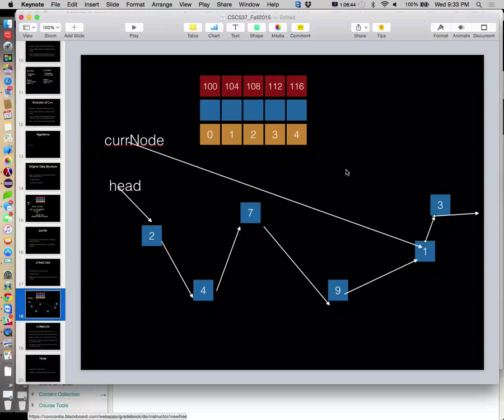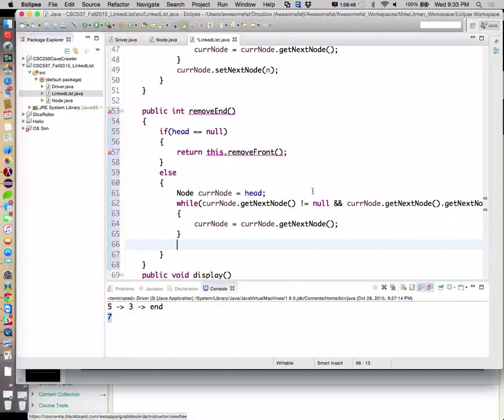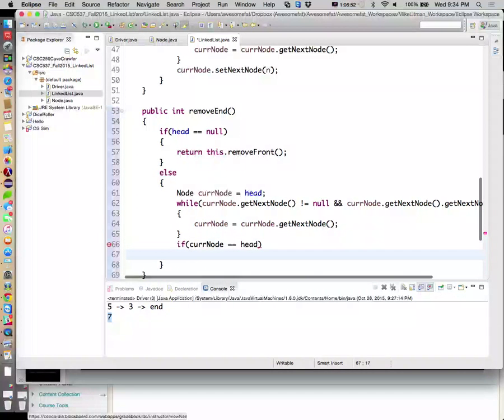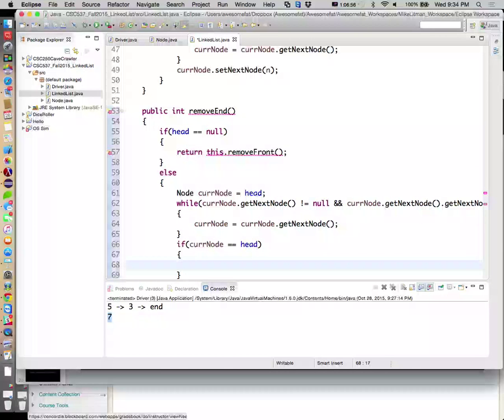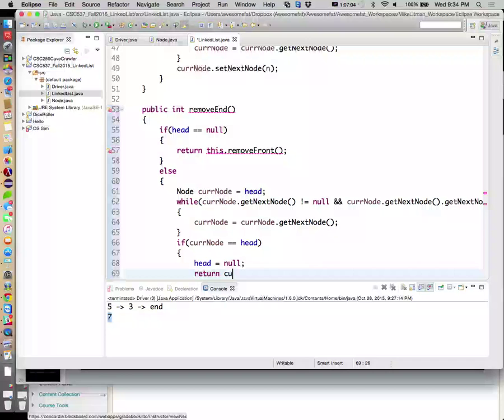So we'll ask the question here. We're going to say if Cur Node is equal to head. If they both point to the same place, then what are we going to do? We're going to say head is equal to null, and then return Cur Node dot get payload.